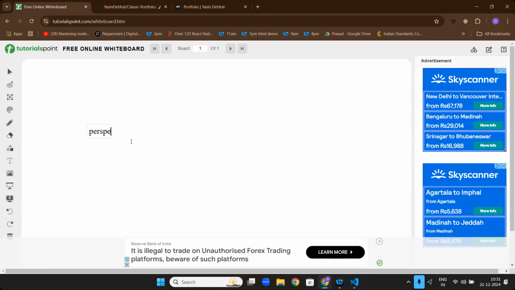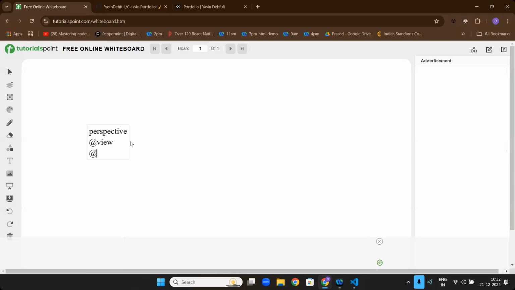Perspective will tell you how to do 3D using just CSS, but it's not easy. Perspective, perspective origin, transform origin, both will be there. Perspective if you do. Second thing, you can try @view, @scroll,